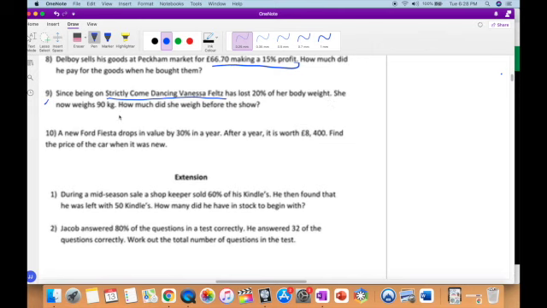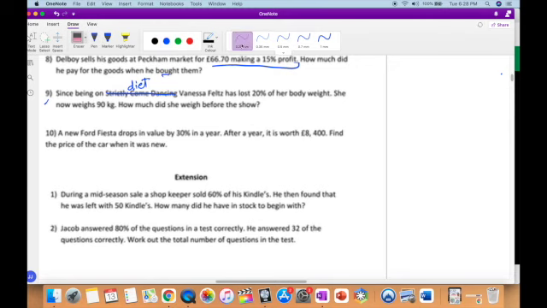She now weighs, well, alright, so whatever she was on, let's just say, since being on a diet, alright? Oh yes, I don't know. So let's just say, since being on a diet. What's that? At the end of the sentence, how much you should read for the show. Oh, I see. So it's a show. Okay, but why did they have to do all that? It's a percentage question. You don't have to